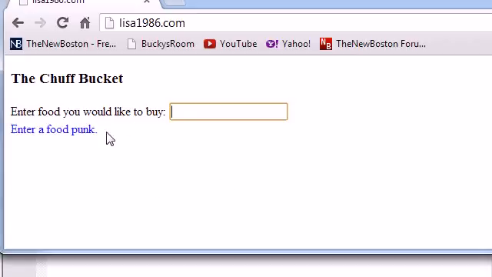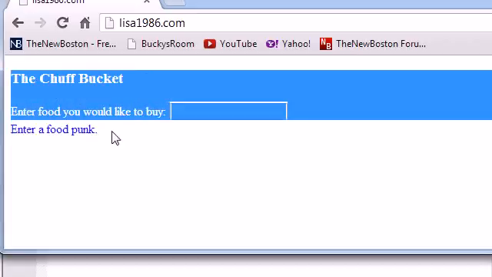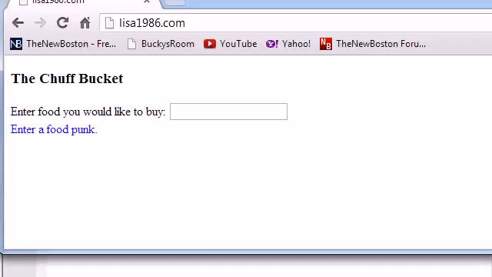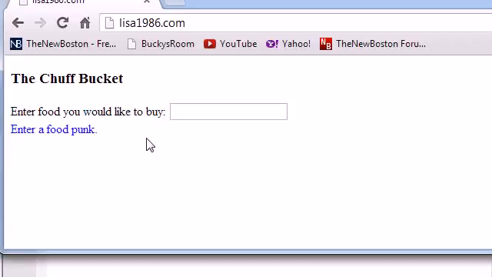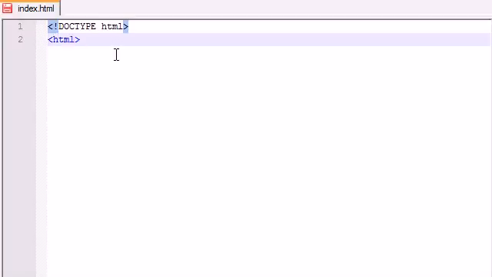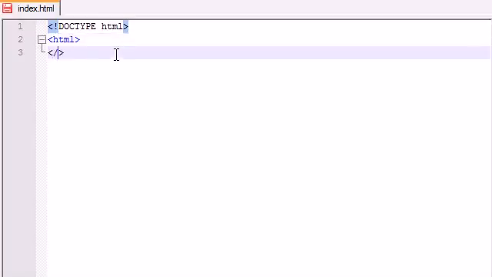So the very first thing we need to do is build a very basic web page without any scripting, without any PHP or JavaScript, just so they have an interface. Basically, what this is going to be is just a header and a simple input area that they can type into. So the first thing that we need to do is, of course, create the doctype, and I'm just going to be using HTML5 style. Although you probably don't even need this, that's not very good programming practice. So create HTML, and in the head,